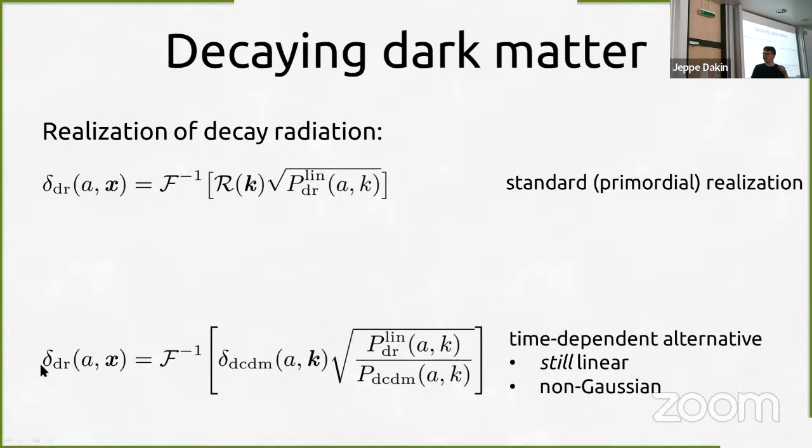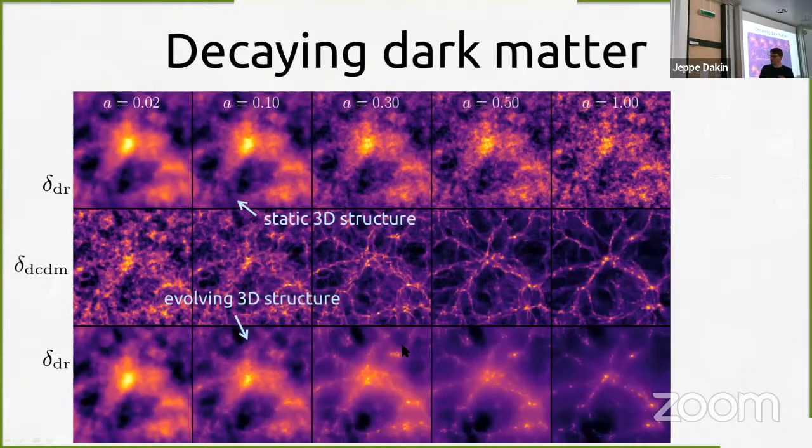So having them placed in 3 dimensions using this static primordial field is maybe not so good. Maybe we should instead place them at the positions of the decaying cold dark matter. And we can do this by this prescription. So here we replace R by this field divided by the square root of its power spectrum. And we still have the same dark radiation power spectrum down here. So it's not maybe so obvious,